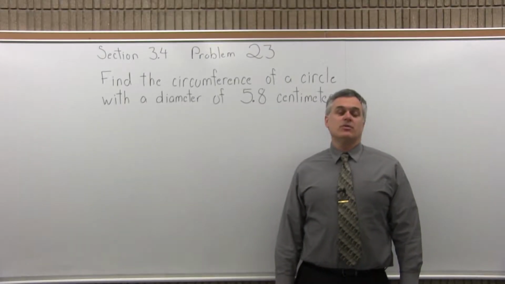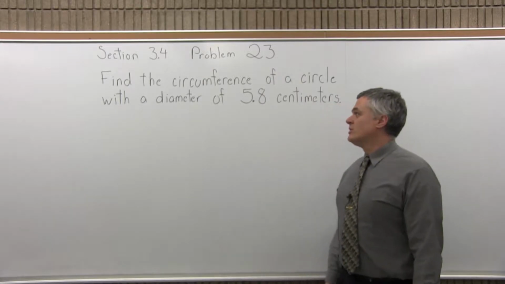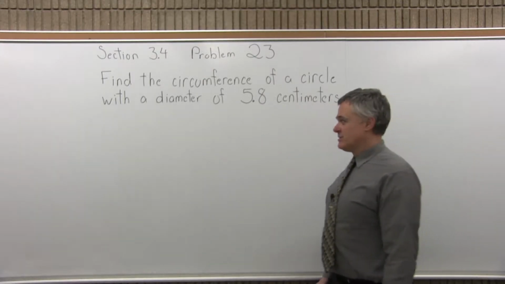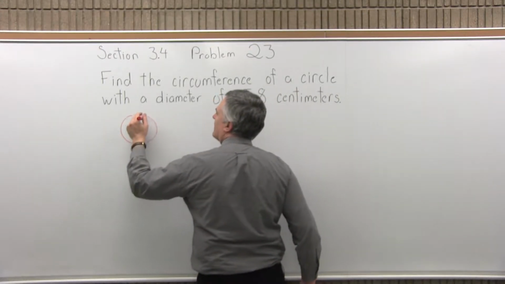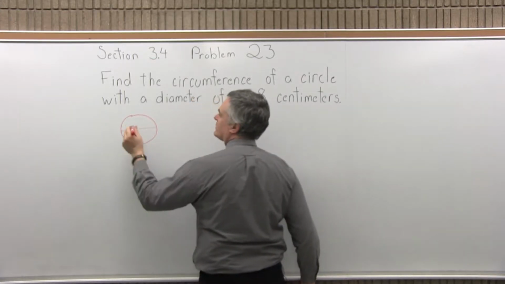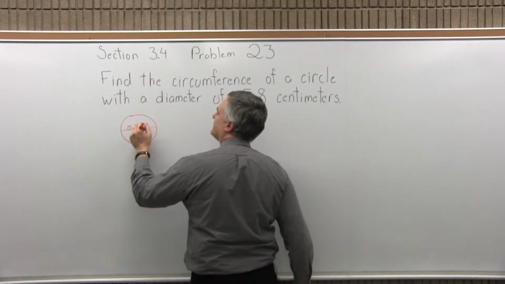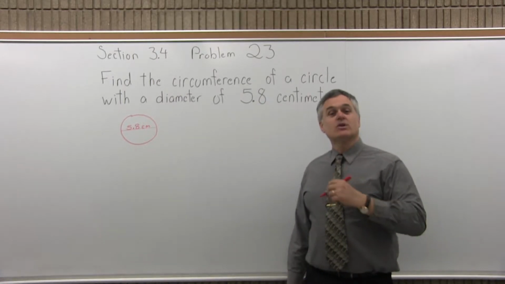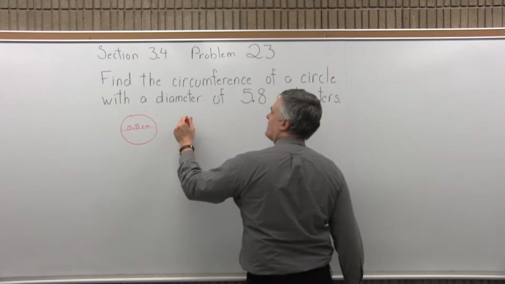This is Section 3.4, Problem 23. It says find the circumference of a circle with a diameter of 5.8 centimeters. So the diameter is the distance all the way across through the center of the circle. So that is 5.8 centimeters. It's asking for the circumference, or in other words, what's the distance all the way around the edge of the circle. So circumference